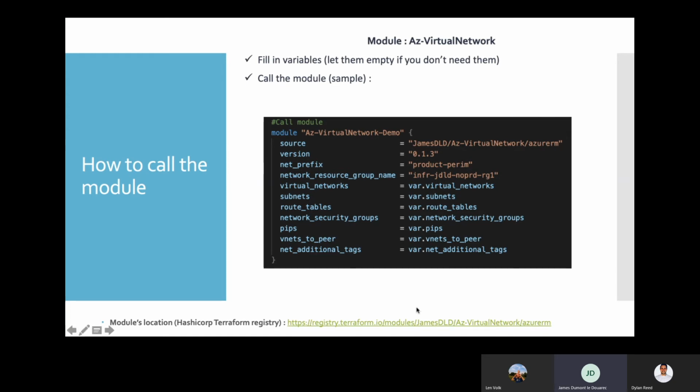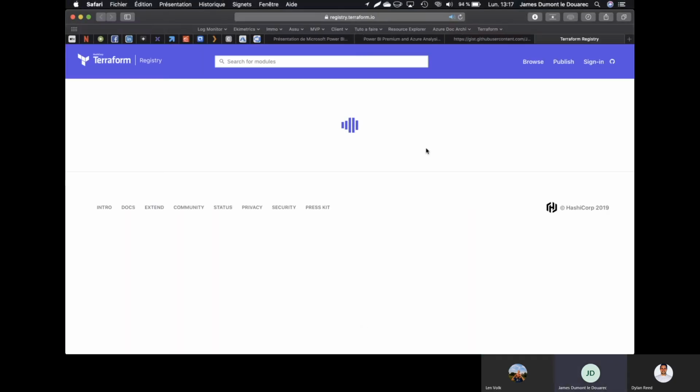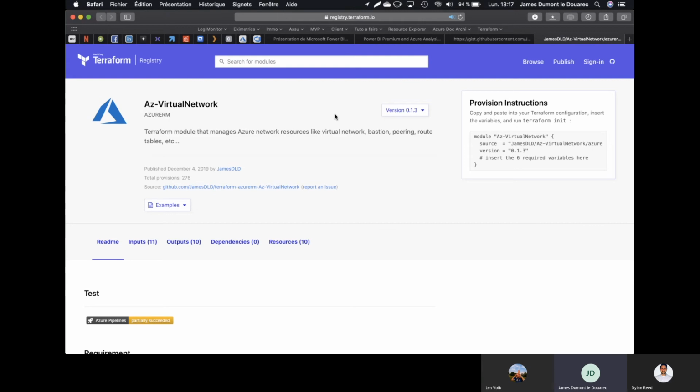The link is just at the top of the PowerPoint. If I click on it, I will show you where it's located. So we are just going to the Azure Virtual Network module.